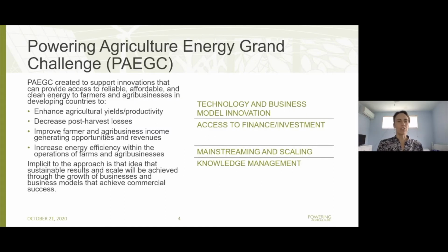As I mentioned, I manage Powering Agriculture, a grand challenge, and this work has emerged out of that program. Powering Agriculture was created to support innovations that can provide access to reliable, affordable, and clean energy to farmers and agribusinesses in developing countries. The real focus of the program was on technology and business model innovation. And implicit in the model is the idea that at some point, we would like to work ourselves out of a job as donors, and that these agribusinesses and innovators are going to be able to scale their solutions and